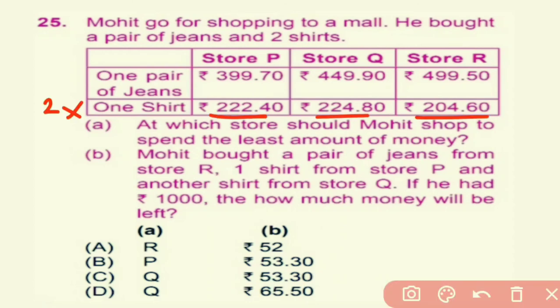So 222.40 into 2 is 444.80, and 224.80 into 2 is 449.60, and 204.60 into 2 is 409.20. So cost of one pair of jeans and 2 shirts at store P is addition of these two is equal to